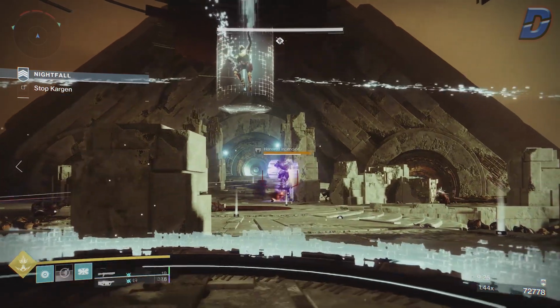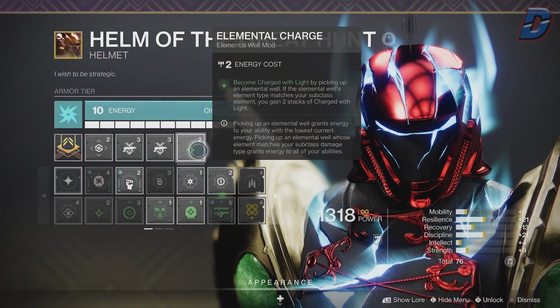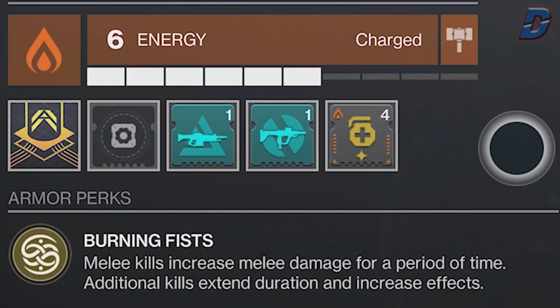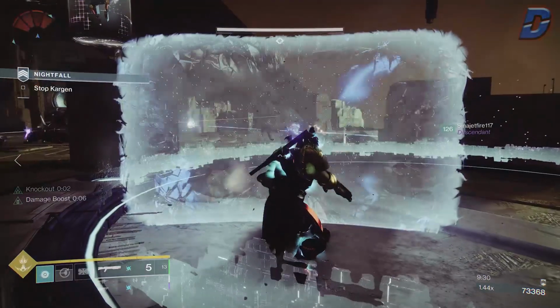But moving into the armor, for the helmet we're running Elemental Charge to become Charged with Light when picking up elemental wells, and then your ammo finder mods for your main heavy weapon. But for your gauntlets, we are using the Wormgod Caress exotic, where melee kills increase melee damage for a period of time, and additional kills extend the duration and increase the effect. You can get this buff to stack up to 5 times with a 4 to 5 second timer, which refreshes